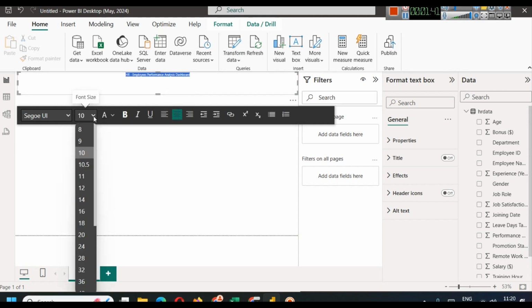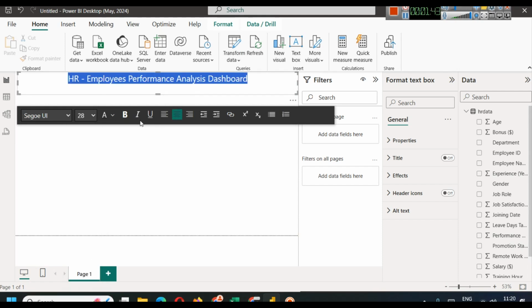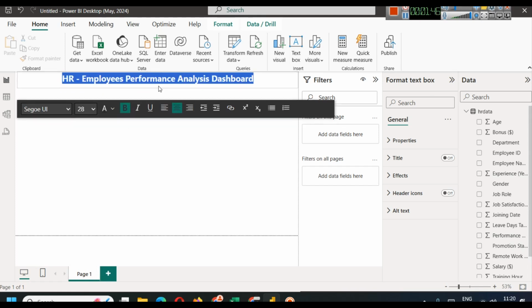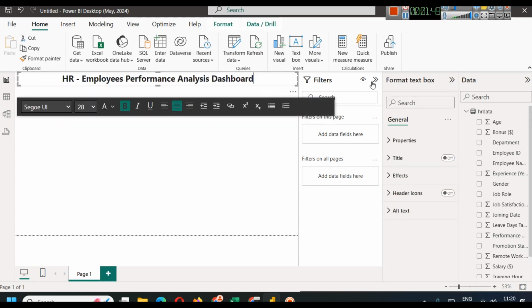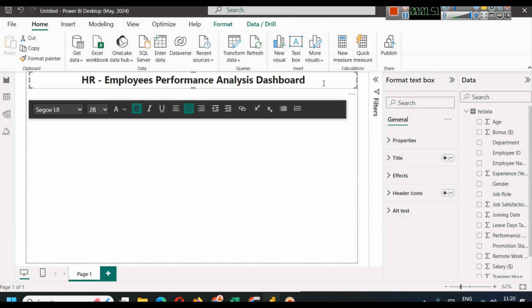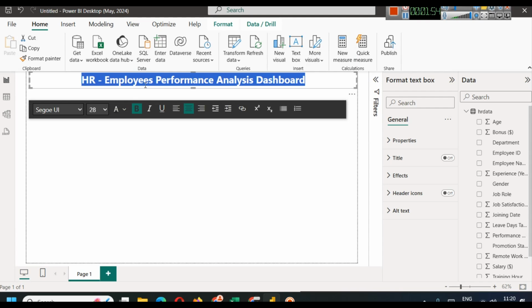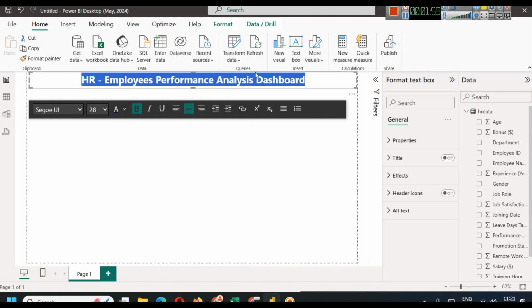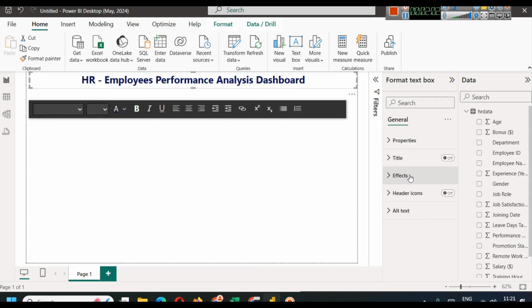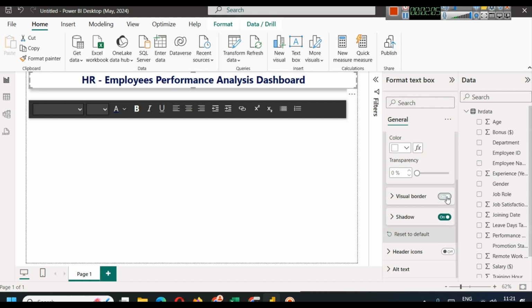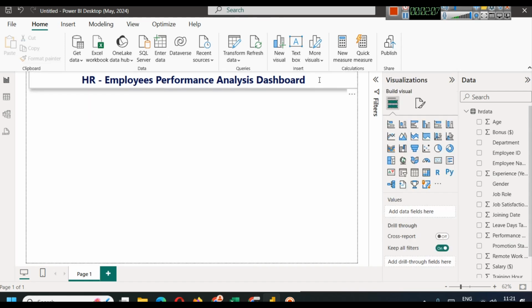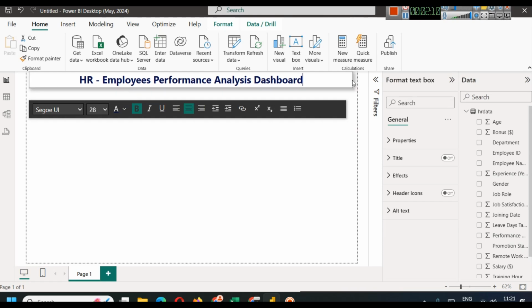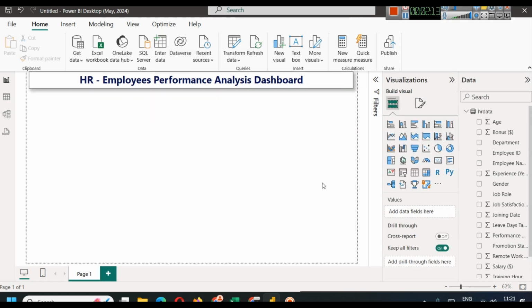We'll align it to center, use a size of approximately 28 pixels, make it bold. If you want to increase the size, you can do that. And currently we are going to choose some color which we are going to change later. So let's select this one. Now we will go to effect and enable shadow and visual border. So this way we have the heading here, what we are trying to do here. When you add a shadow and a border, you can see it gives a 3D type of